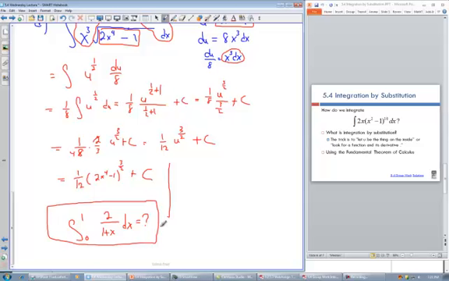But you know enough to do the homework online. I guess maybe I should write down the homework here. So the homework online, your homework for not tonight is 5.4 integration by substitution, part 1. All right, now let's do